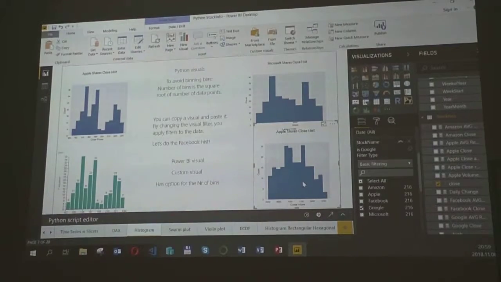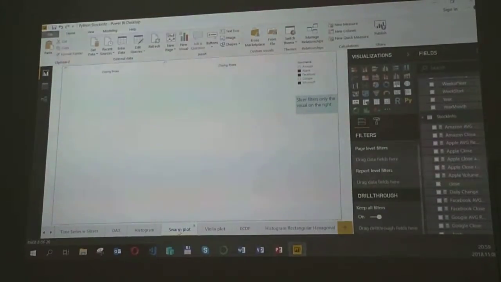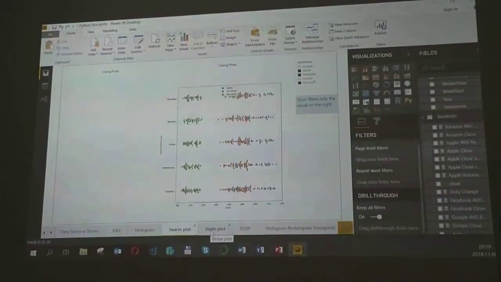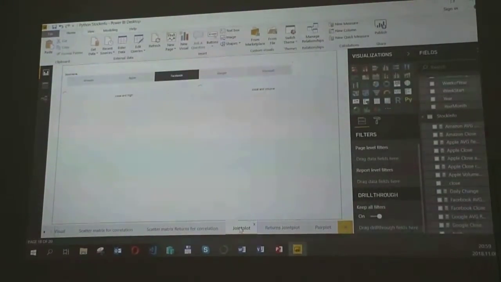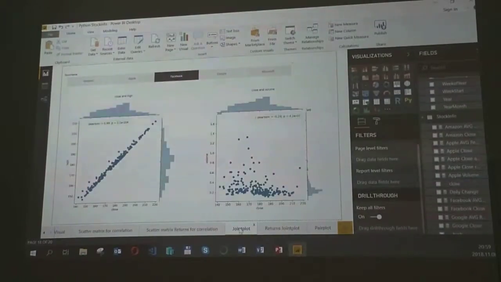And yes, it took me half a minute to create a histogram about Google. Okay, and I have a swarm plot and line plot, and I have about 10 other visualizations that I'm not going to show you this time. That's why I have uploaded them to GitHub.